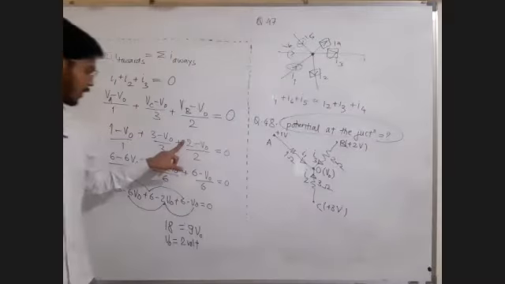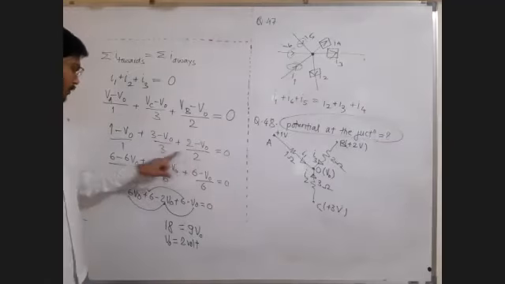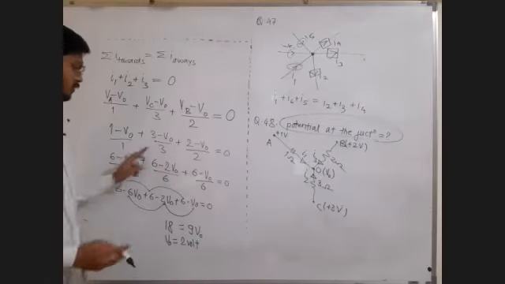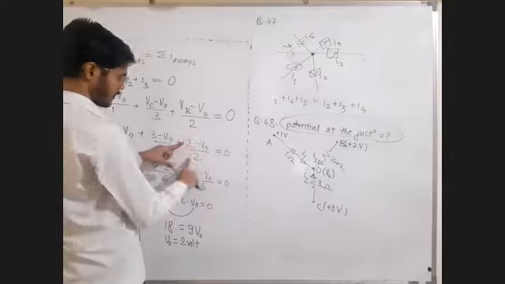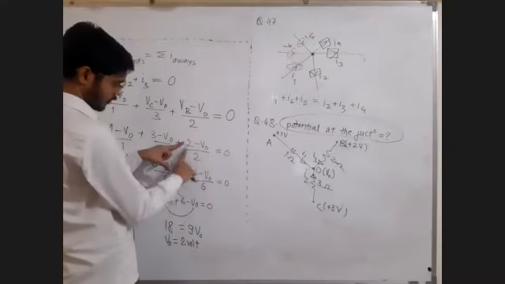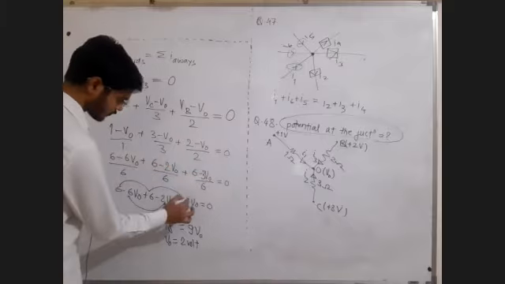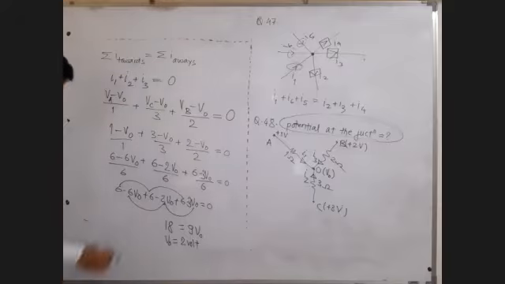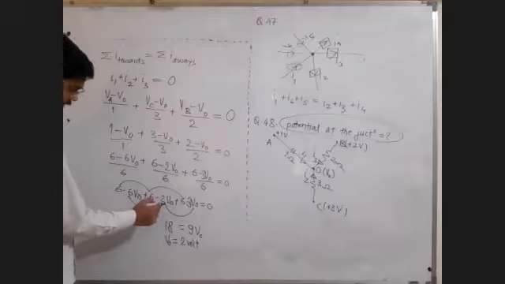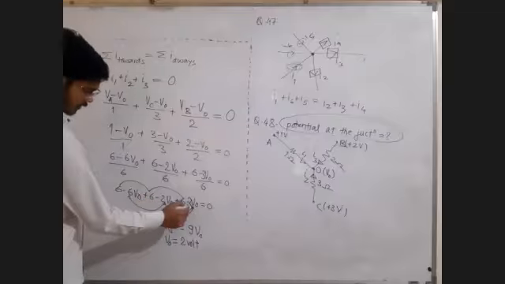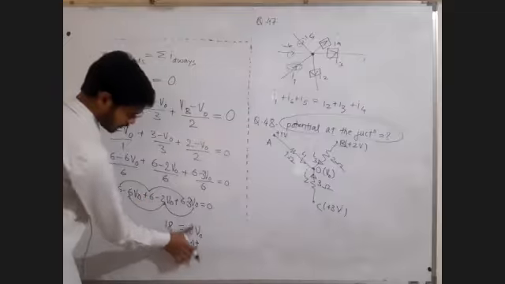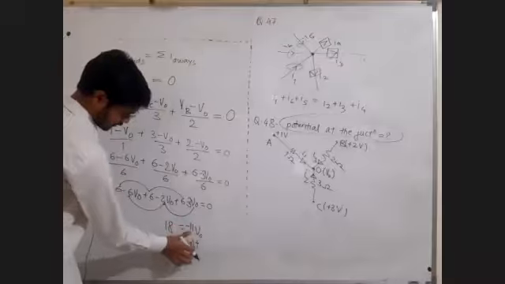Here in the numerator and denominator we have to multiply by 3 so that we can make this base 6. So 3 ने multiply केले आपण वरती आणि खाली. 3 into 2 is 6. 3 into V naught minus 3V naught. Minus 6 minus 2 is minus 8. Minus 8 minus 3 is minus 11. So that will be minus 11.